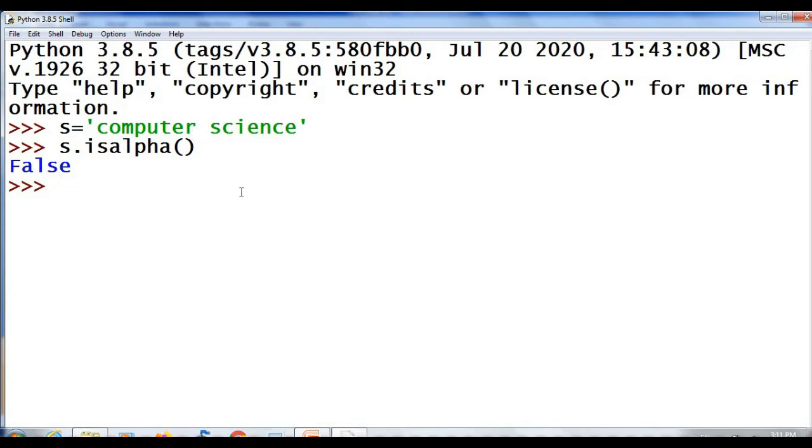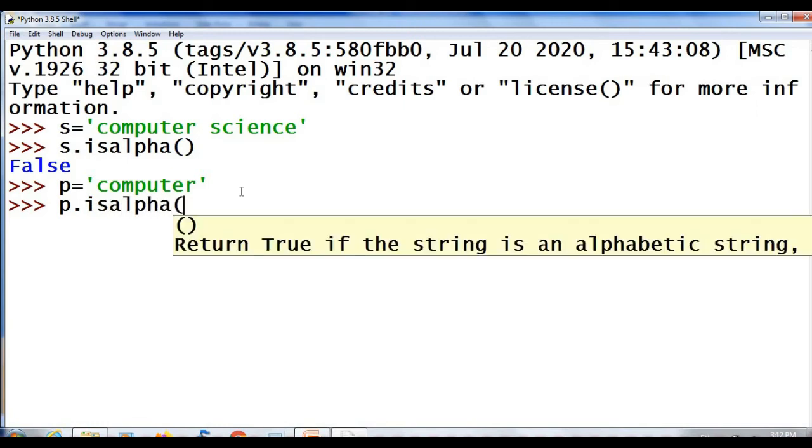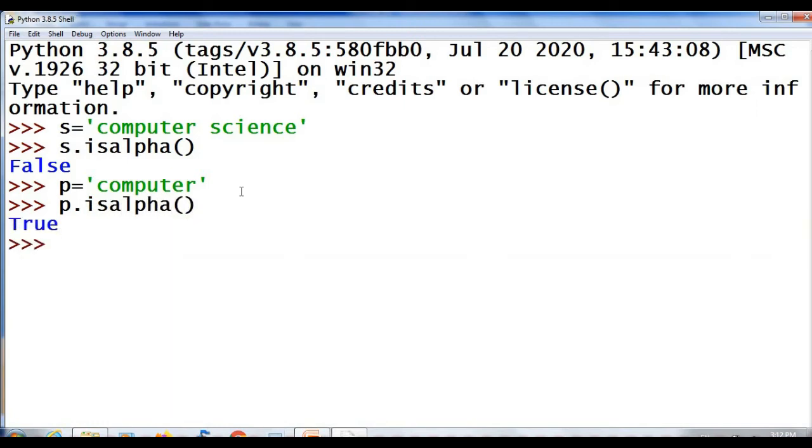Another example, p equal to "computer", p.isalpha(). It will return true because the string computer contains only alphabets. So the function isalpha will return true if the string contains only alphabets.